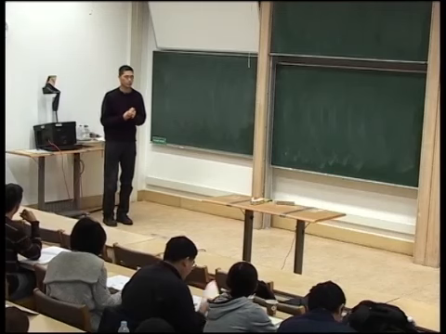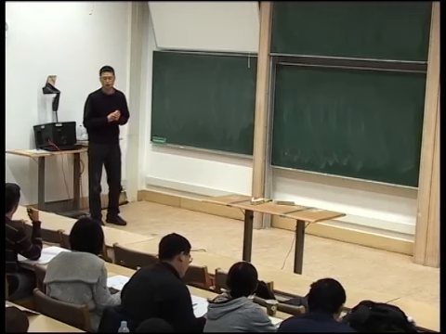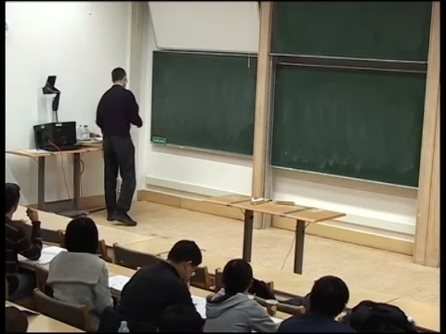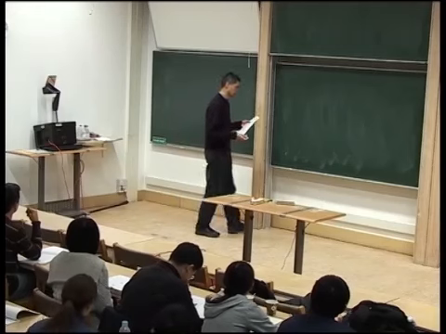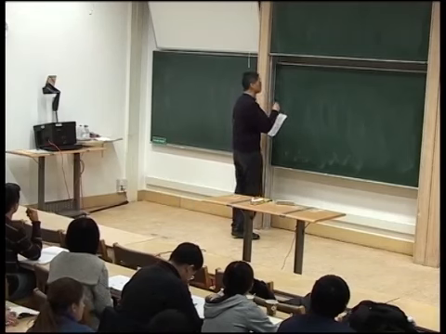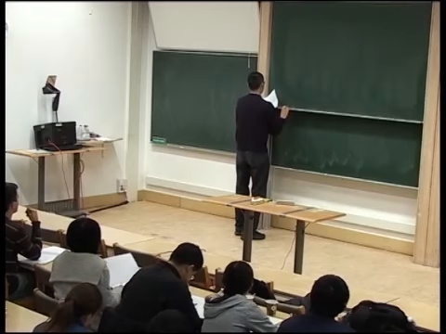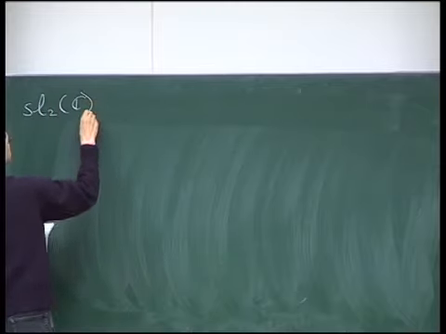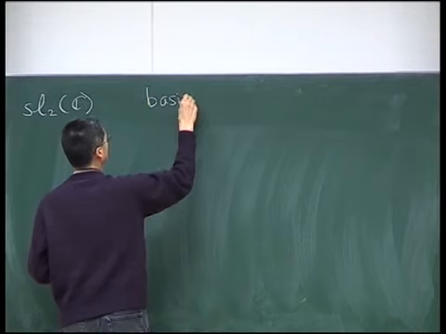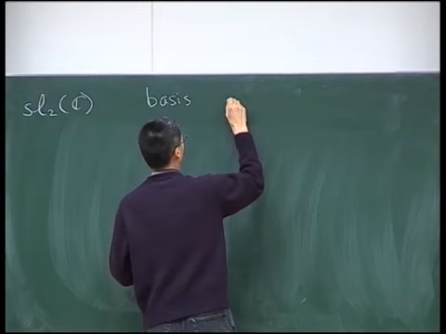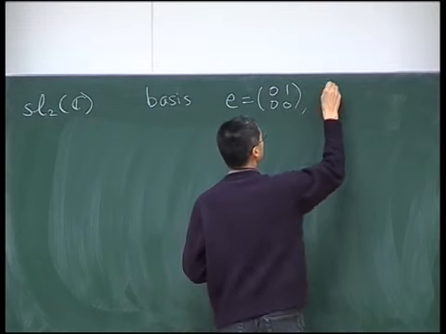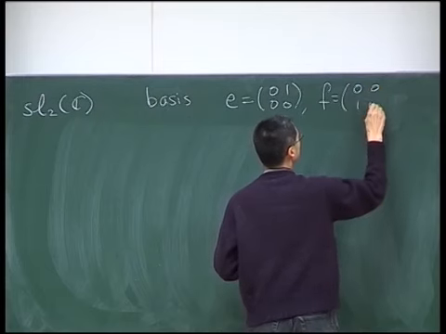Today I'm going to start over from the beginning and just try to explain what I mean by categorification, at least in this particular instance. Okay, so I'm going to talk about categorification, in the simplest case, for the Lie algebra sl2. So we take the standard basis. That's the standard notation for sl2. The basis consisting of these three matrices, E, F, H,